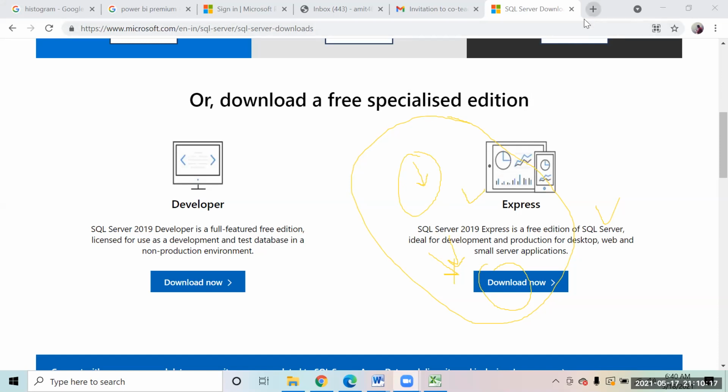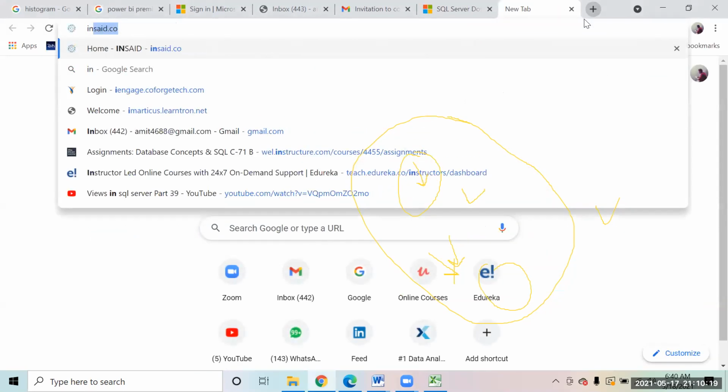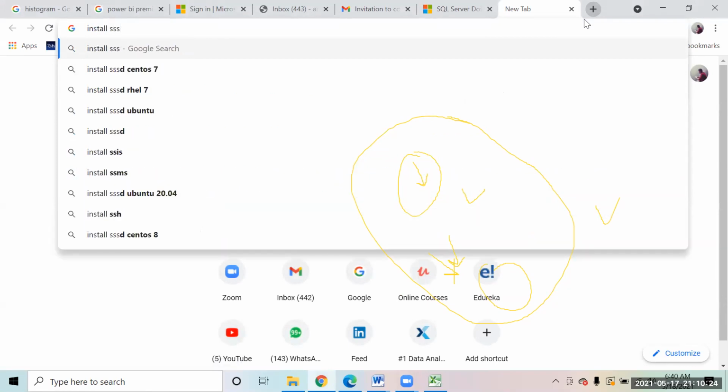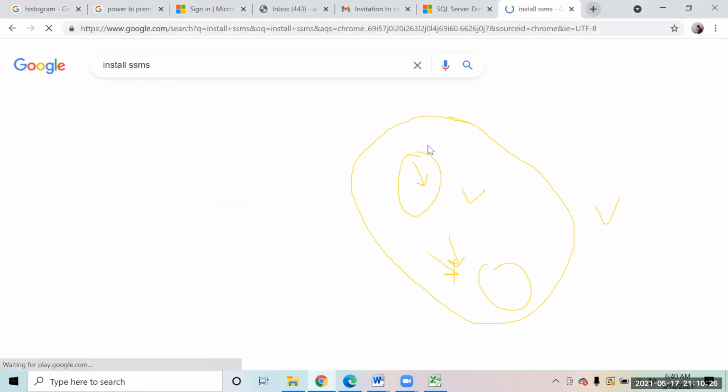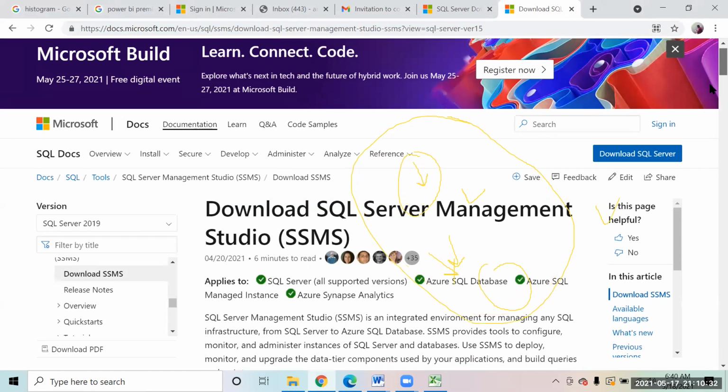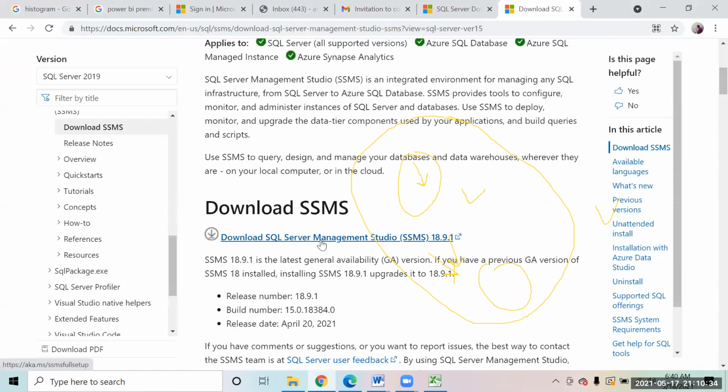After this gets installed, you need to install this part. You have to come to this next link, which I'm again sharing over the chat. When you come to this second link, you have to download SQL Server Management Studio. I will be explaining in a lot of detail what things we have downloaded and installed, but just so that we have this ready, you have to download these two things.